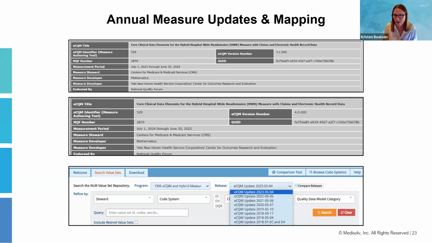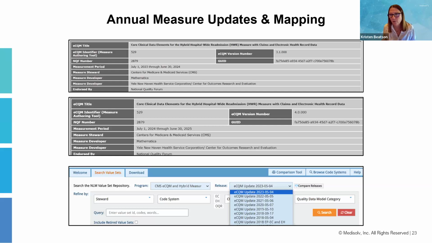The top one is for this measurement data collection year, and the middle screenshot is for the collection year starting 7/1/24. And you can see the measurement period is listed on there, and there's an updated version number. So you want to make sure, again, that someone is tracking these updated versions and you're accounting for any changes in the measure specification for the upcoming reporting year.